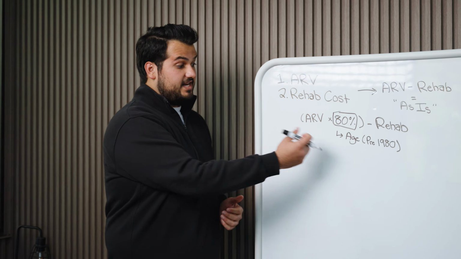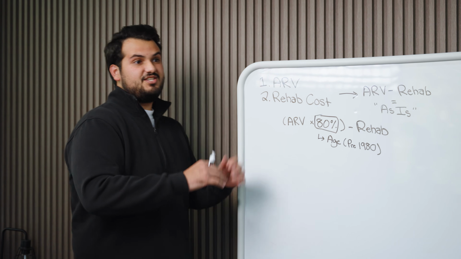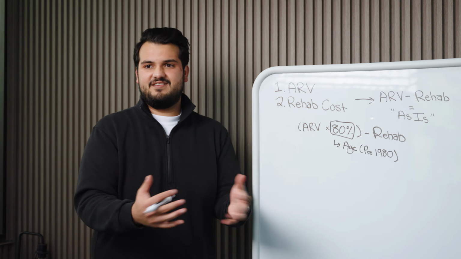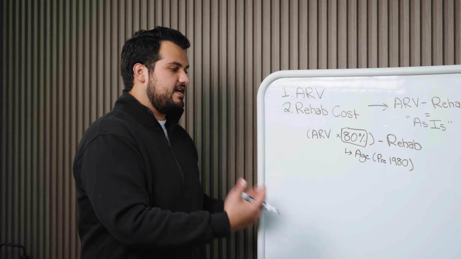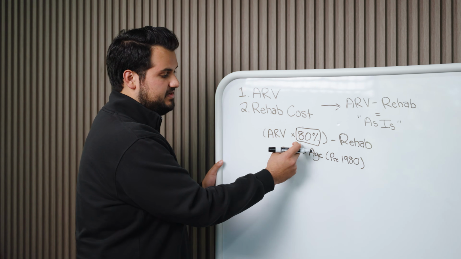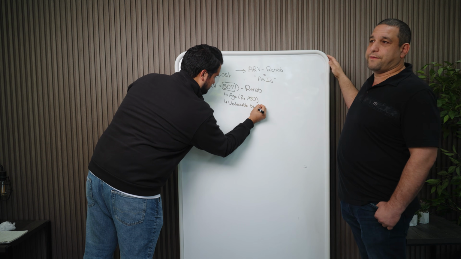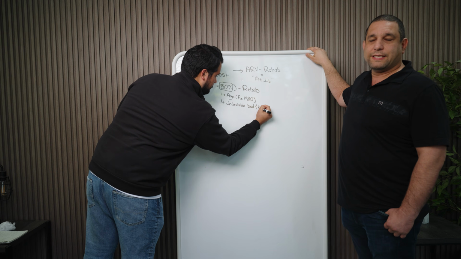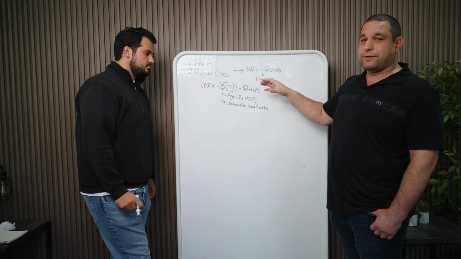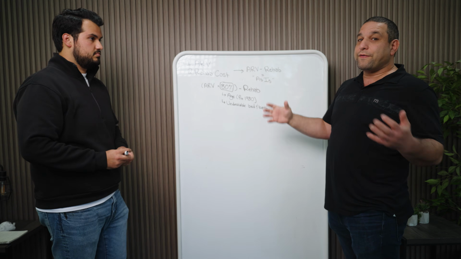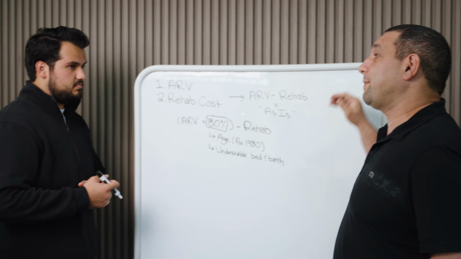Perfect. The next one that I can think of is the undesirable bed and bath counts, right? Imagine it's a 2-1 that doesn't really fit a conventional family, right? Or what if it's a 4-1 and there's no master bedroom? Those are things that are kind of undesirable, and it's definitely something that would affect the percentage you'd pay. Another thing that can affect the ARV is how many comps are in the area. If this is a very hard property to comp because it's different than all the other properties, or there just hasn't been much sold in that area, that might be something that can affect paying less.